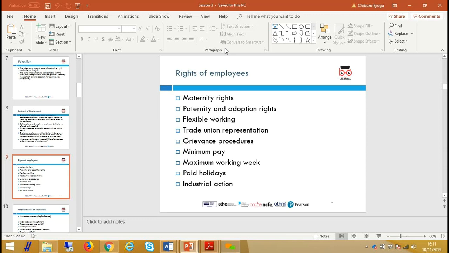to follow. You have rights regarding minimum pay, for instance, minimum wage, maximum working week, how many hours an employee can work before they have to take a rest break. Rights regarding annual leave. So, for instance, in some countries like America, you have shorter annual leave, whereas in Europe you have the right to more annual holidays. Right to strike, what we call industrial action, if you're a member of the trade union.